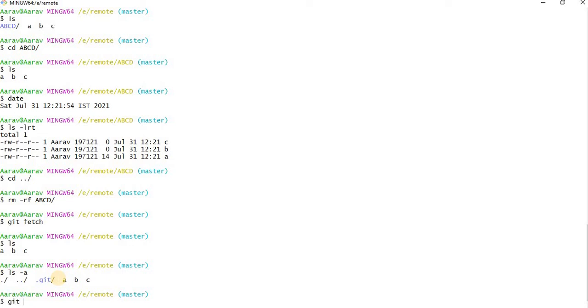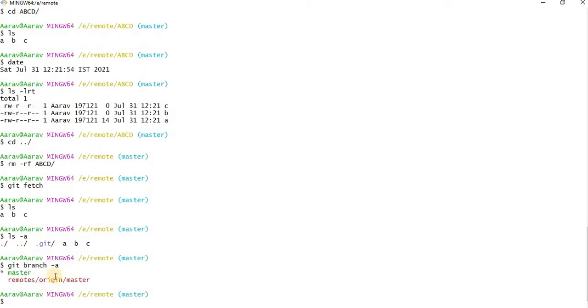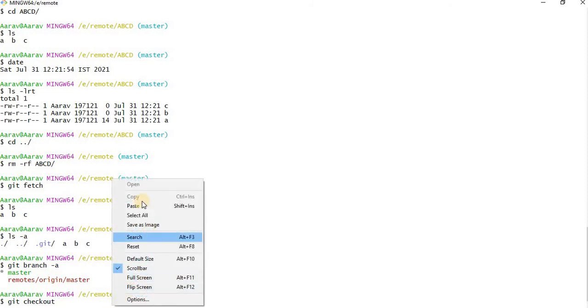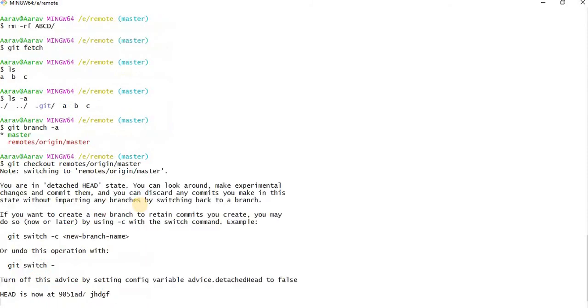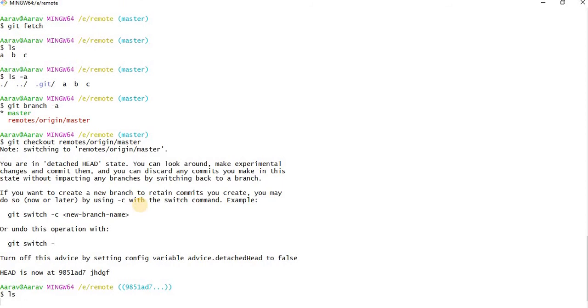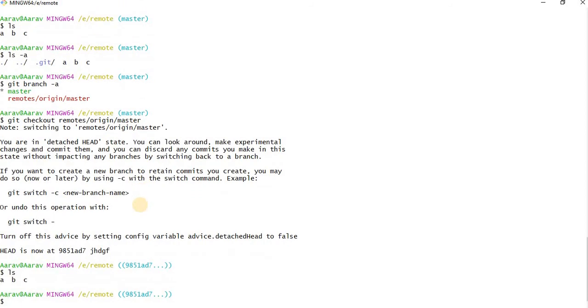So to check the branch, git branch -a. See, this is the branch we got from the remote repository. Just go to that branch, git checkout that branch, enter. Okay, just do ls. See, now you have the ABC file. So now there is no data difference between these two, so there is no meaning in getting all this.